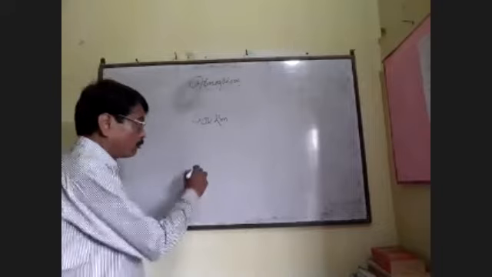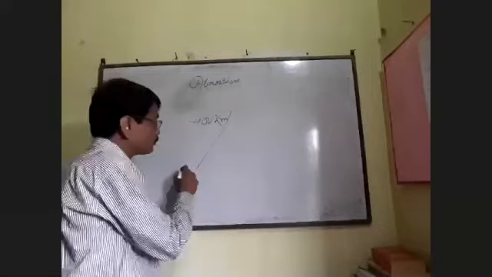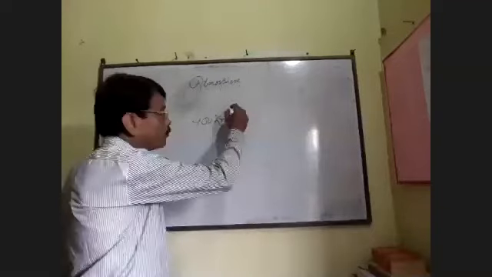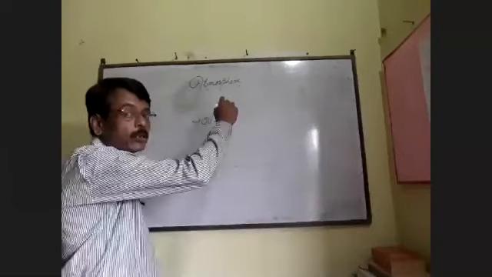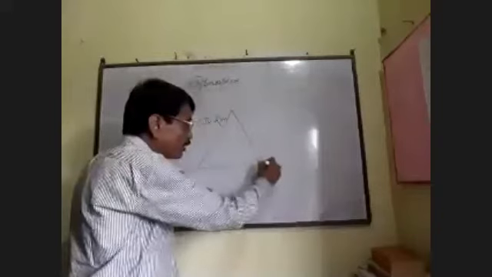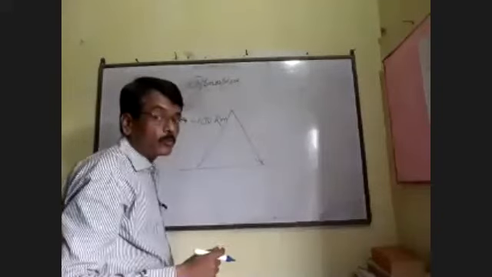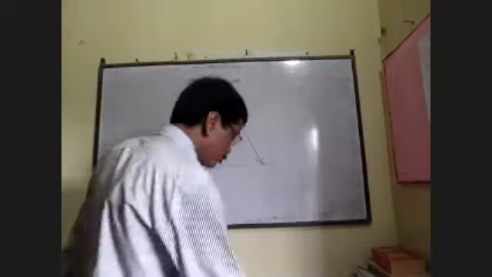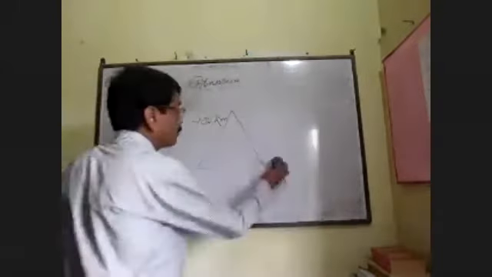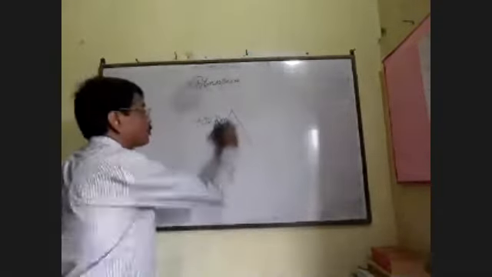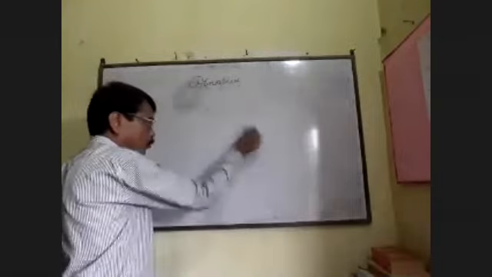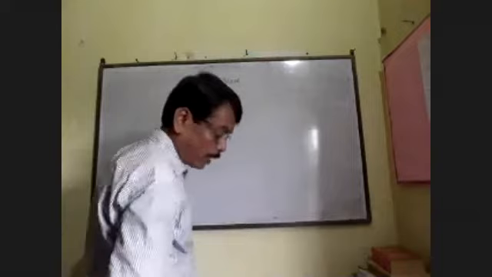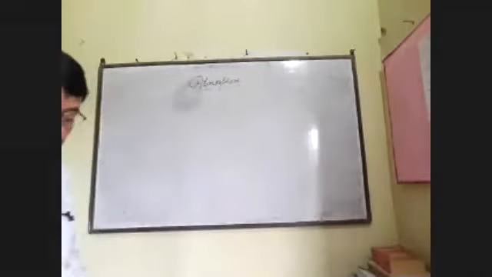Whatever radio waves go up from the earth, due to the presence of ions, these ions reflect all the radio waves towards the earth, so that we can watch the different wireless programs, like any TV program or any sound we listen to. Just as we are in the class, wireless class, everything is possible due to that. So the ions which are present here are very important.